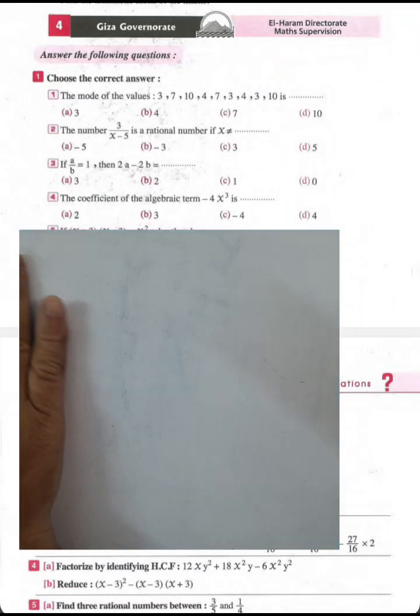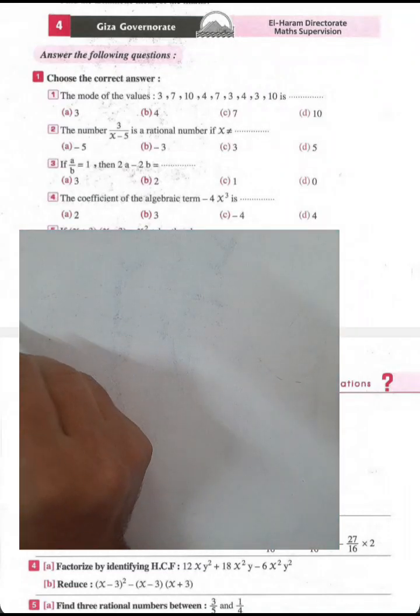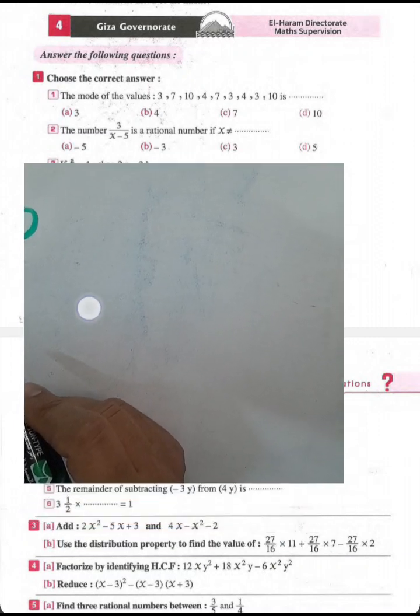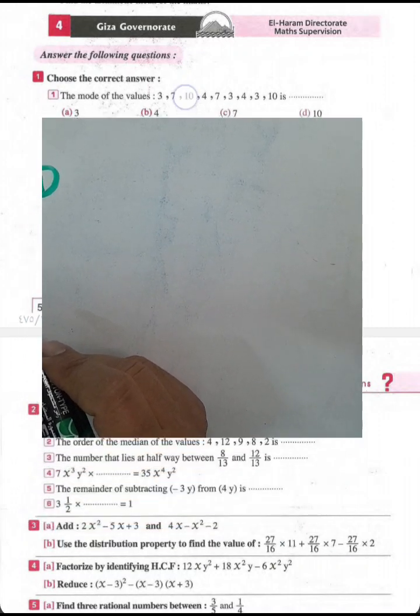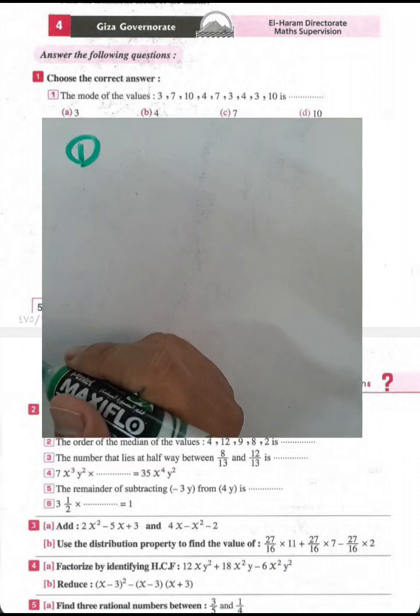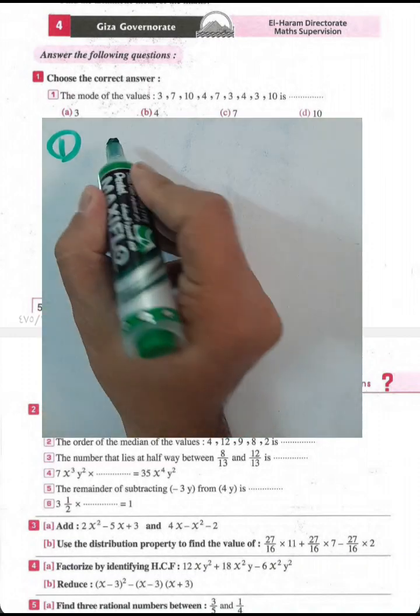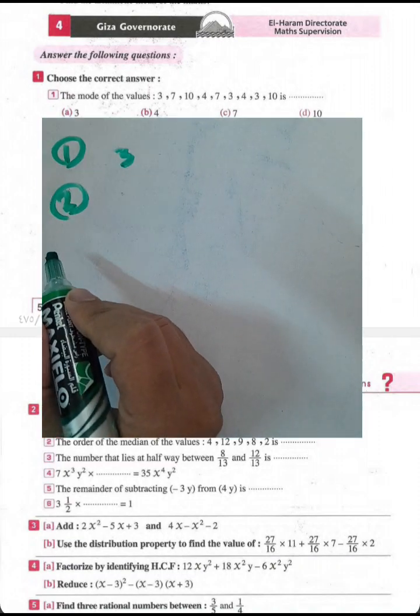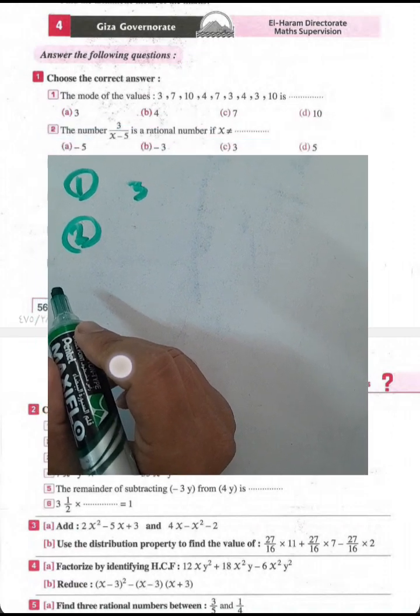Look with me at question number 1. Choose the correct answer. The mode of the values 3, 7, 10, 4, 7, 3, 4, 3 will be what? We have 3 repeating here 3 times. Then for question number 1, the result will be 3. It's the mode. Question number 2. The number 3 over